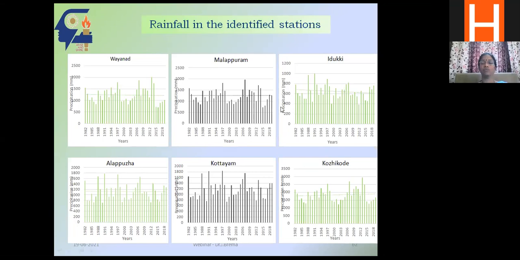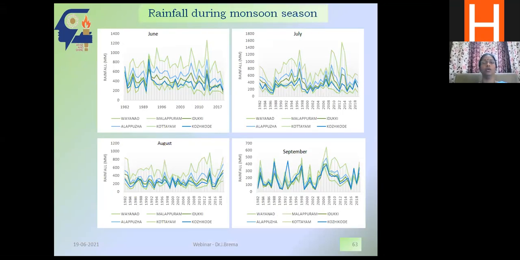Based on that, we identified these districts, and the rainfall was also studied, whether there is an increase or decrease in rainfall. You could see here in most of the districts, the rainfall quantity remains the same. In one particular district, Idiki, it is decreasing, and in Kozhikode, it is increasing, but it is not a very high change. But with this same type of quantity of rainfall, we are facing flood. Again, we have to identify what is the reason for flood. It is not due to intensity of rainfall or high rainfall, but there is a mismanagement of rainfall. What is happening? That's what I wanted to be clear.